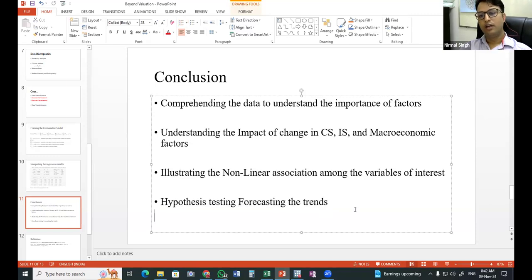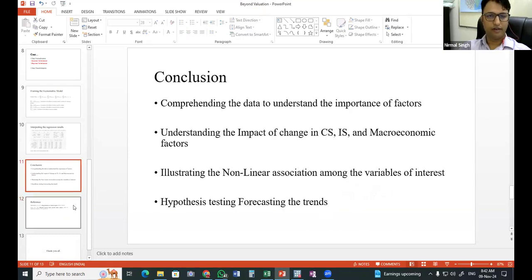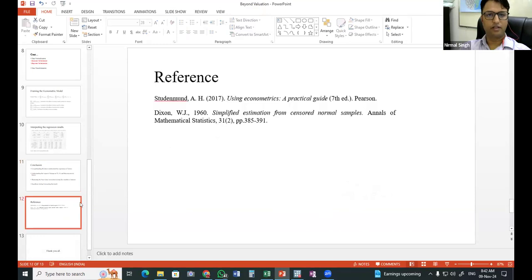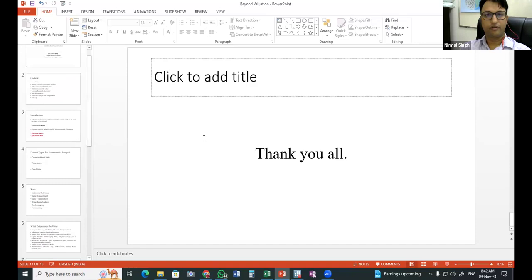And moreover, if we want to forecast how this trend is going to change over the years, then with reasonable credibility, we can use these data sets and predict the valuation or any other dependent variables. So these are the references for this presentation I have relied on. With this, thank you very much. If you have any query, I am happy to take questions. Thank you.